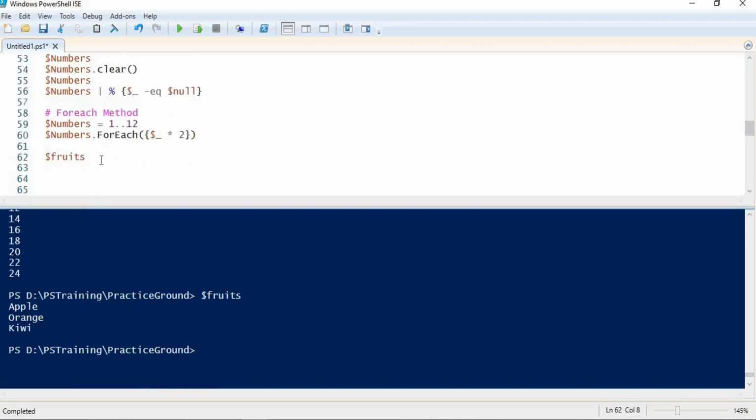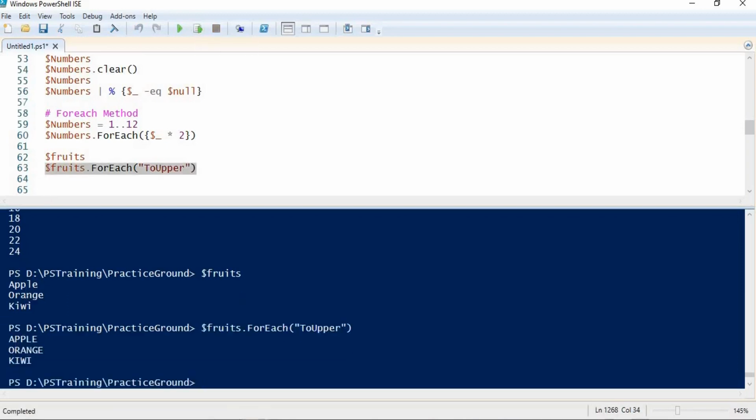Suppose I want to make them all look uppercase, so with for each I make them to upper. Maybe to upper is also a method. If I run this command, I get all the elements in uppercase. In the same way, if I want to make them lowercase, I can use it like this, and if I run this, they all have become lowercase. So in this way I can use the for each method to iterate something against all the elements of an array.